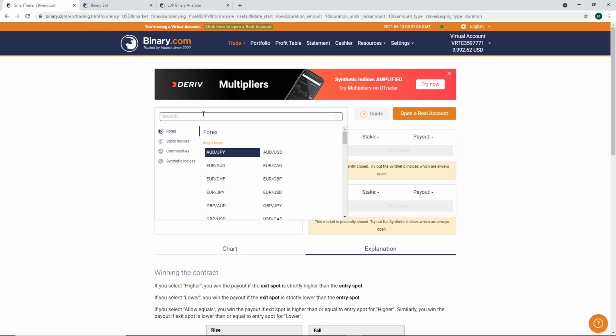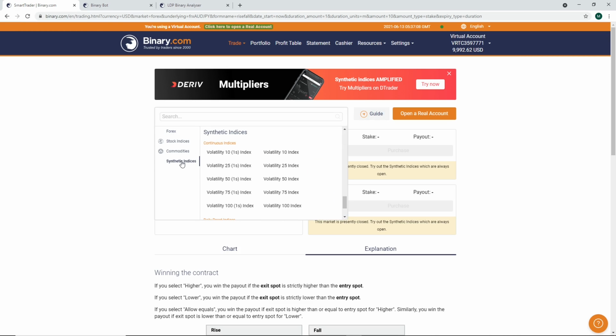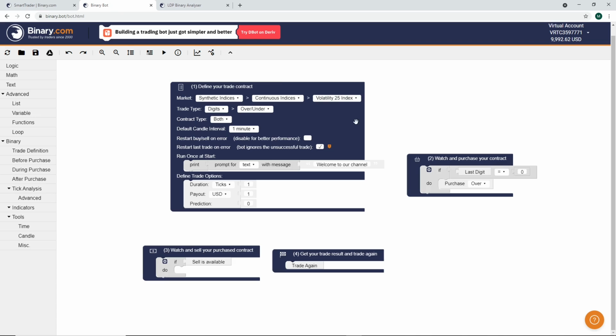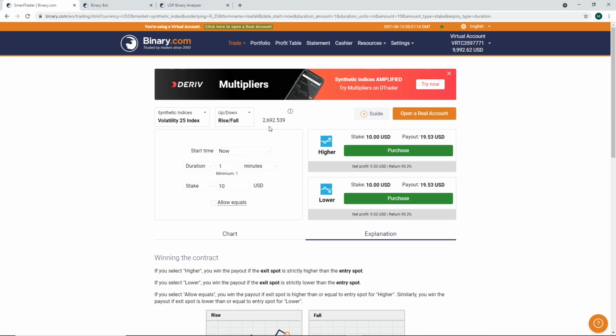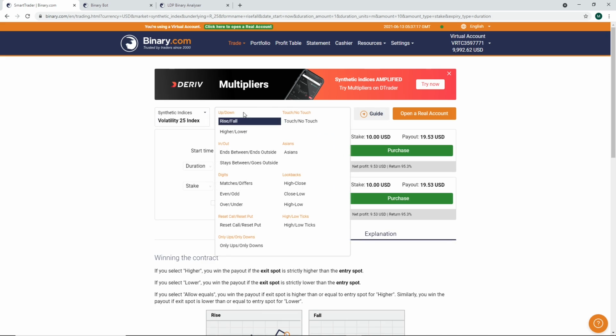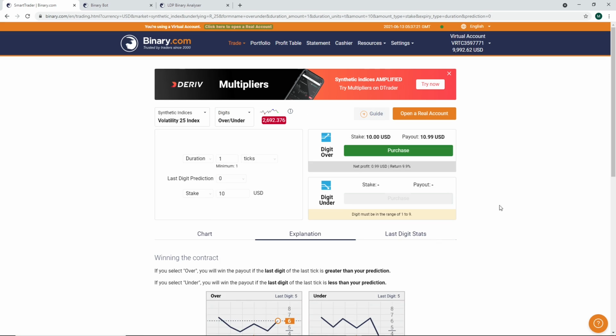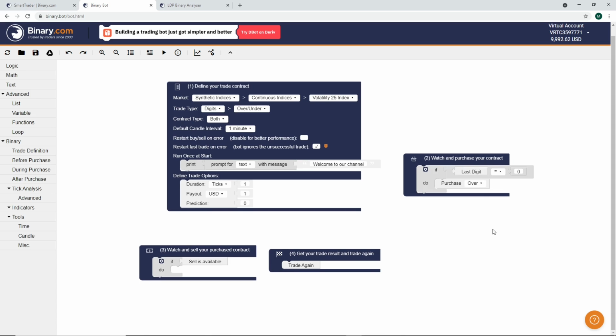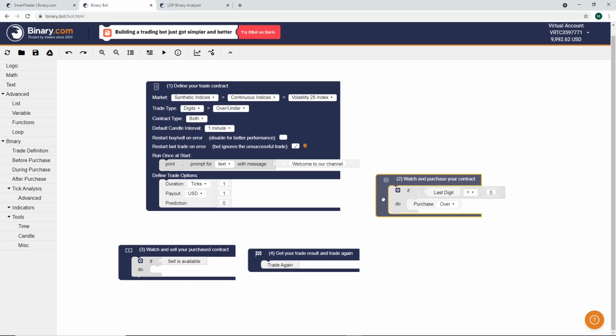I'm choosing synthetic indices and Volatility 25, and we want to choose digits and over under. You can find the last digit, 6, 7, 7. This one is the last digit. If the last digit is 0, our bot will buy the contract. That's the condition.